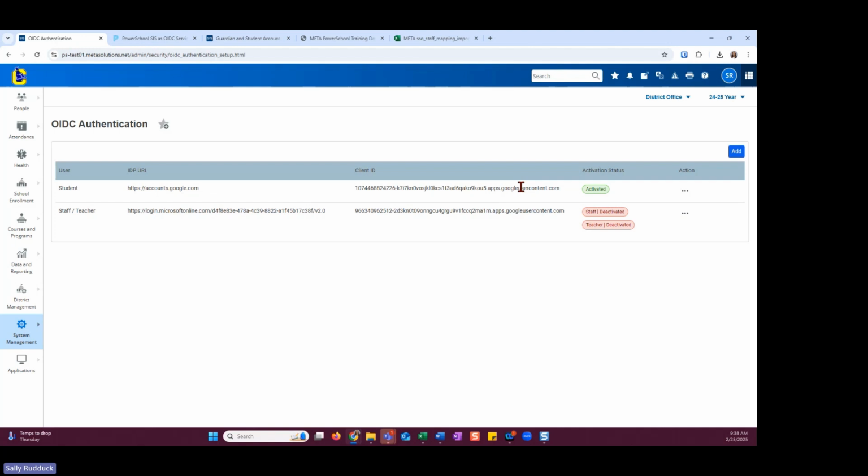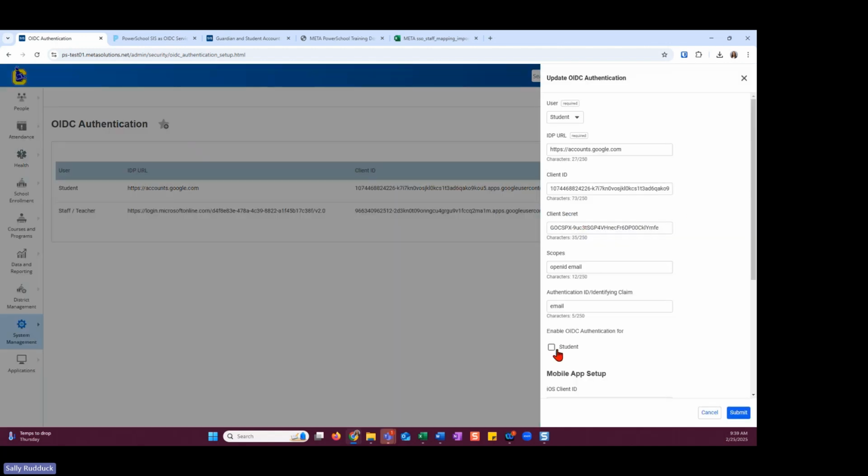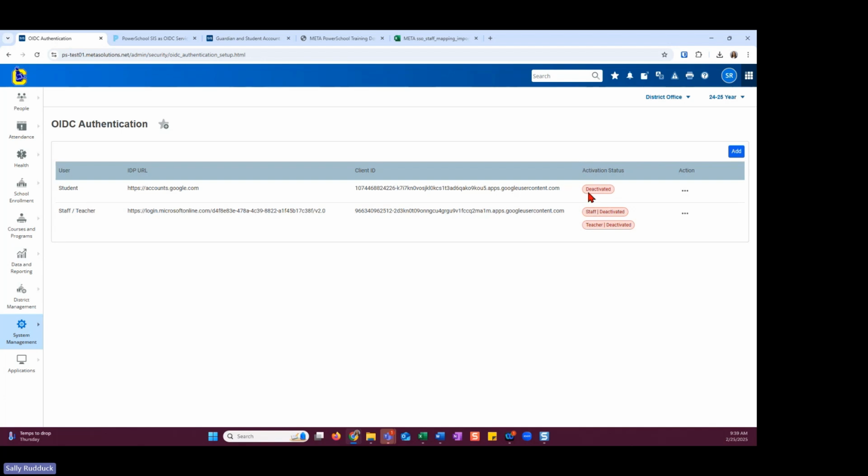If they are not able to, you can come back here again, click those ellipses, click Edit, and uncheck the box. It will deactivate it. So now you can troubleshoot the connection, looking at maybe your Google admin setup, your PowerSchool setup,